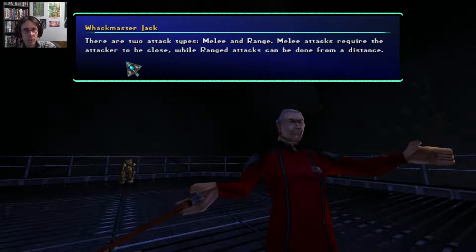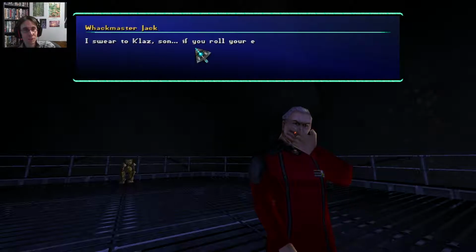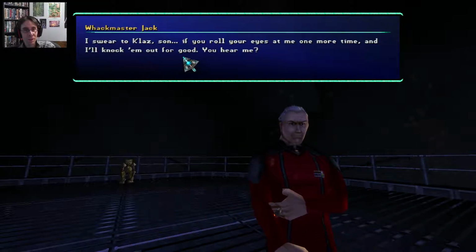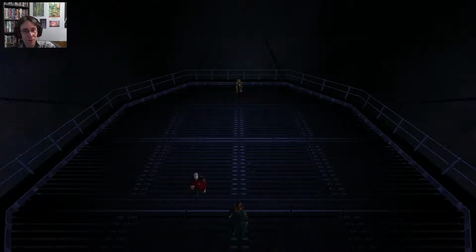2 attacks, melee range. I was reading before because I thought what he said was really funny, and this is less funny. I'll show to class, son. If you roll your eyes at me once more time, I'll knock him for good. You hear me? How about we beat some edges? Well, that was a little more funny, but